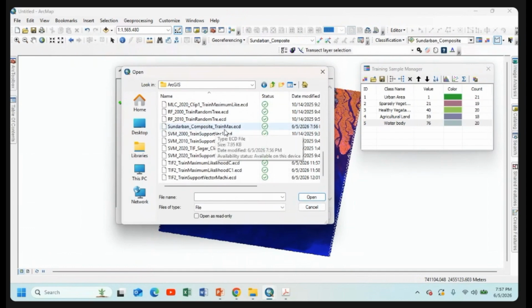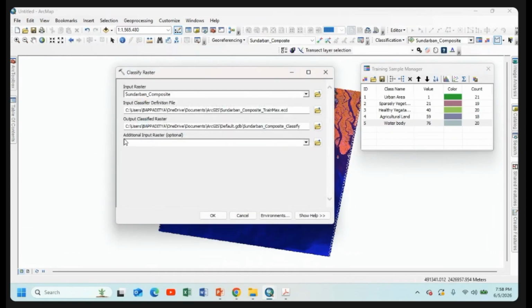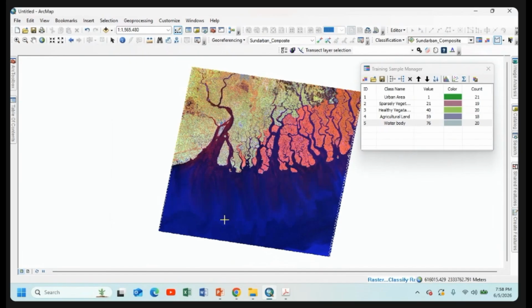This is our Sundarban composite train max, and .ecd is the extension file. So select this and click on open. Leave the extension of the output classified raster, don't change this destination, and go to the OK button. Okay, and wait until the map has been generated.